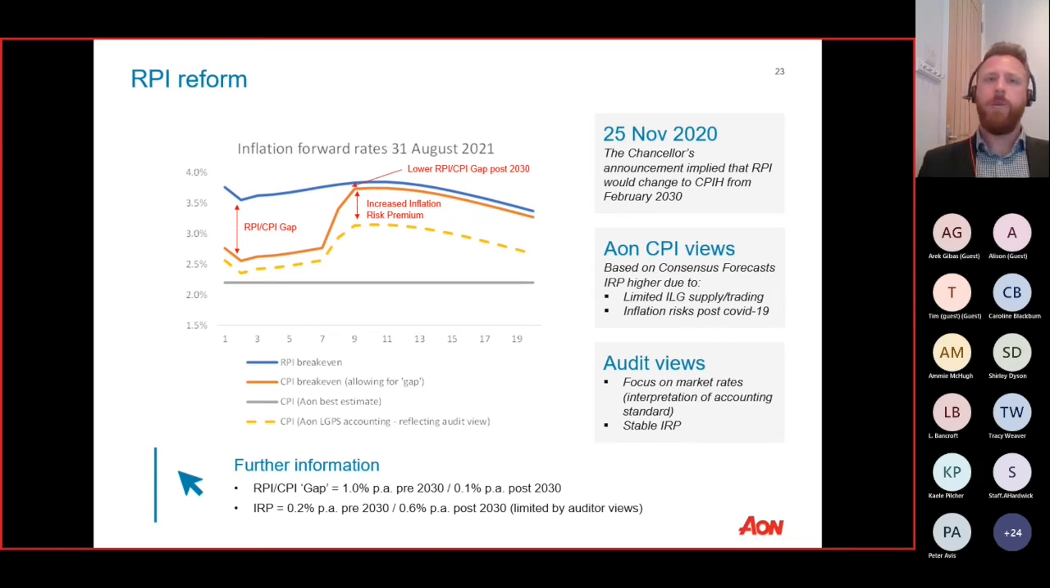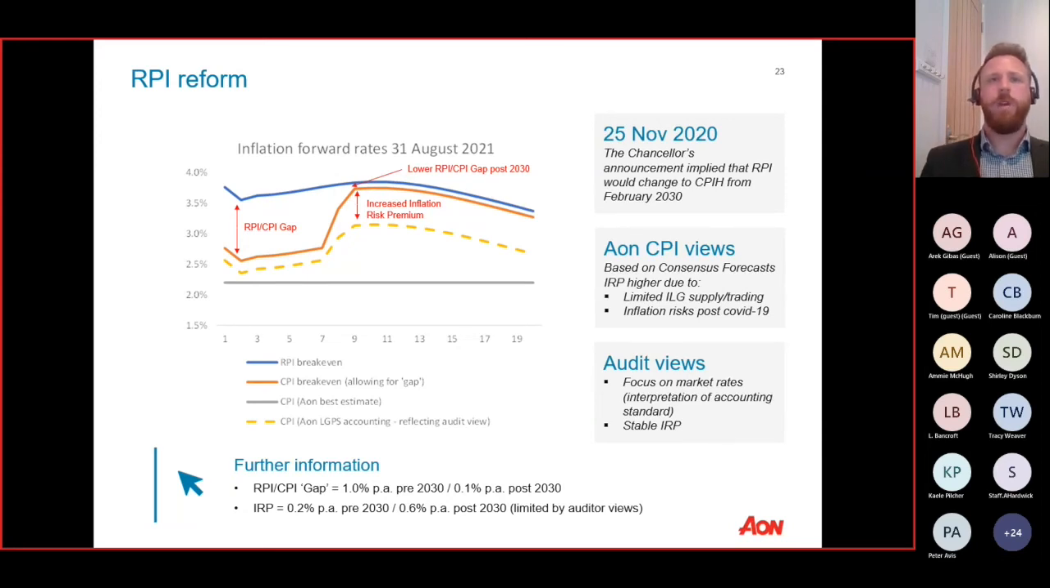In terms of what that means for how we set our assumption for CPI accounting, on this chart I've shown the top blue curve, which is the market break-even RPI inflation at 31st of August 2021 using gilt prices, as I described earlier. To convert this to a CPI assumption, we first need to take off the expected gap between RPI and CPI, and that would give us the lower orange curve. We believe that in the short term, CPI inflation will be lower than RPI by around 1% per year. After 2030, we're reducing that gap to about 0.1%. And the reason it's not 0 is that it reflects the difference between CPI and